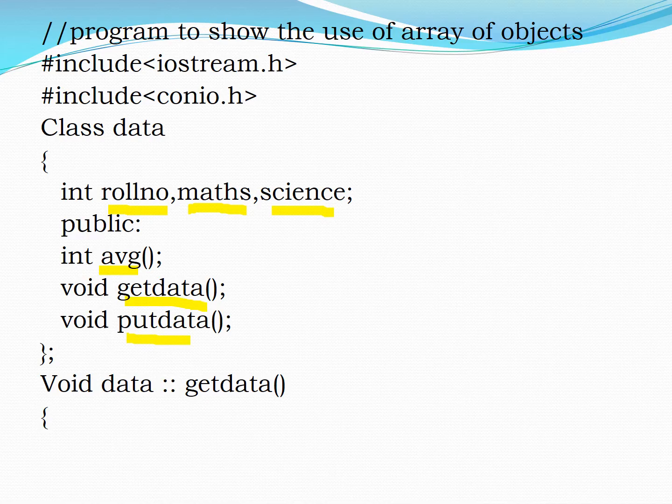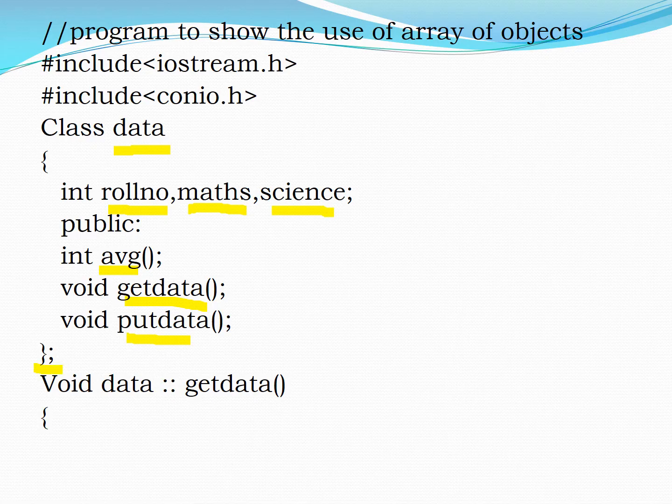This average member function is where we find the average of the given marks, and the get data member function is where we get the roll number, math marks as well as science marks. The put data member function is a process where we display the total data members and member functions. The data members are created in the class called data, and overall the member functions are created outside the class. Here we can see clearly that the class is closed.